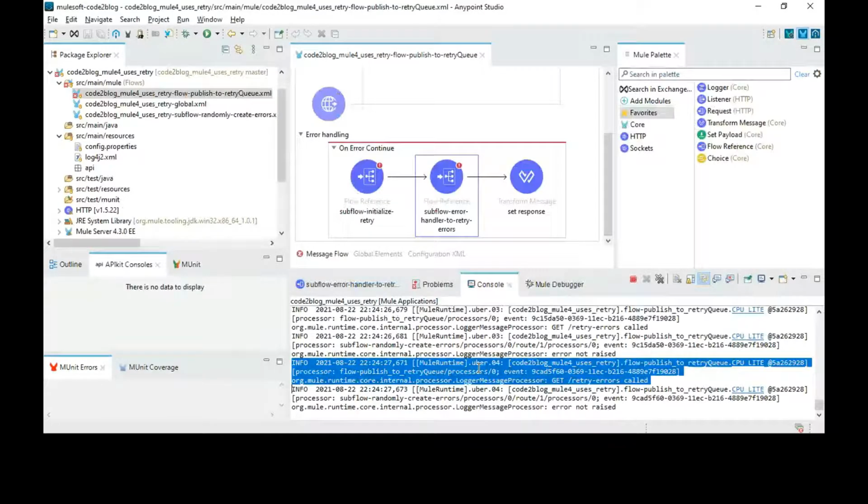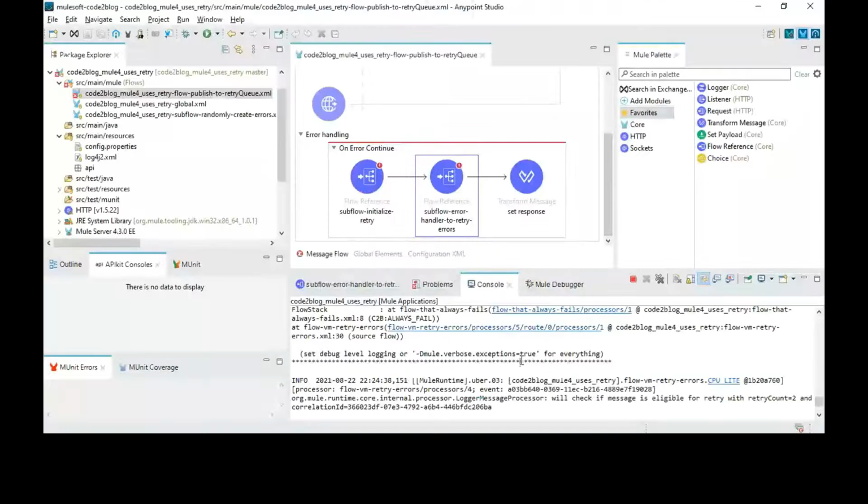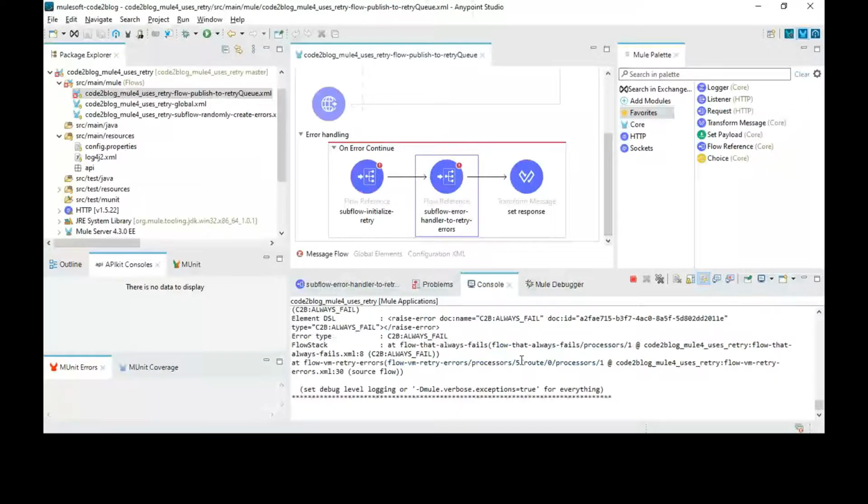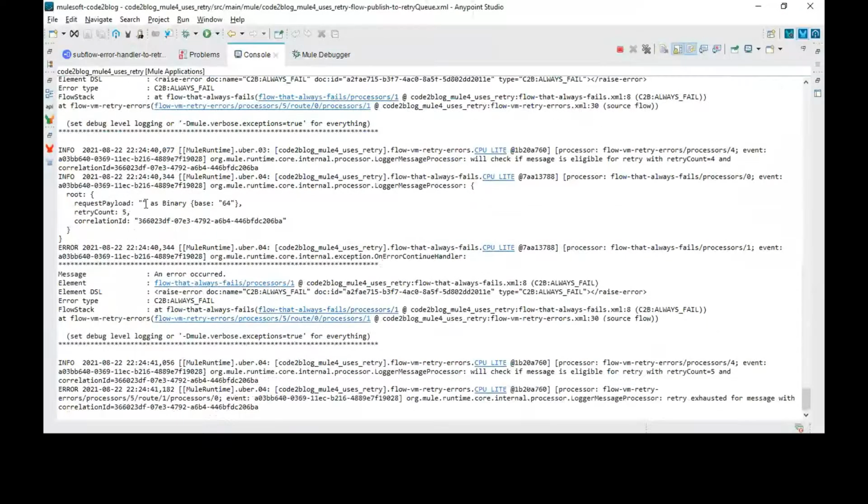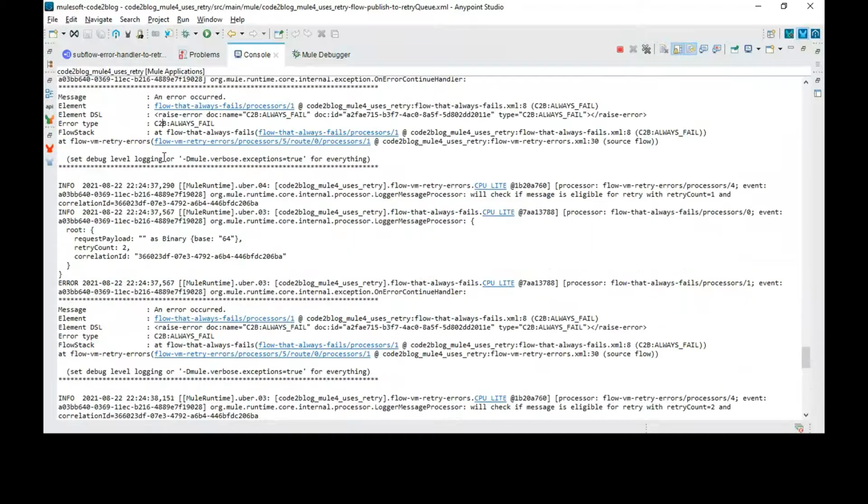Okay, using the browser now to create errors. You see that error was not created. All right, now the error is created. If you look at the browser console, the timestamps will show you within the same second the retries have occurred and they have exhausted. 5 retries happen immediately, one after the other.